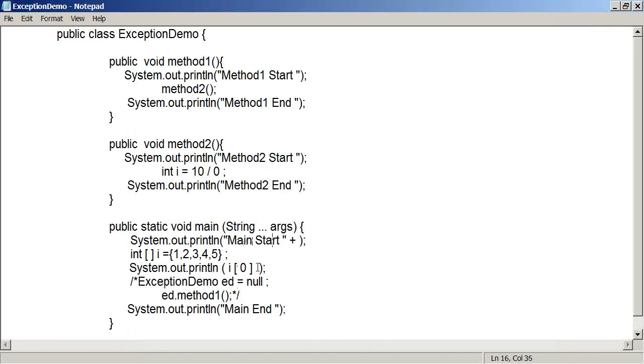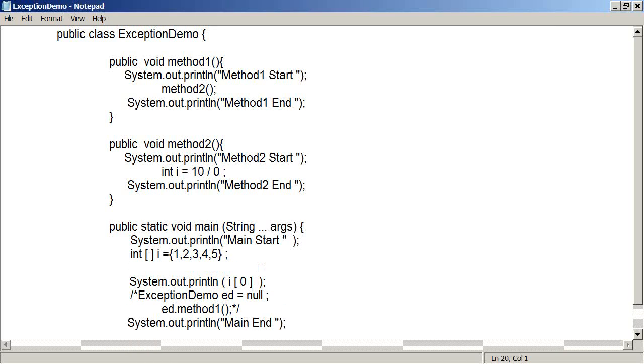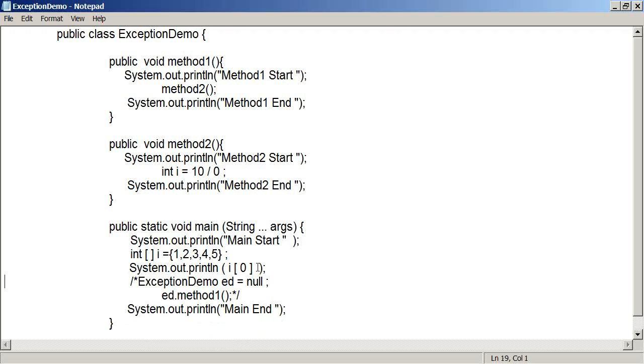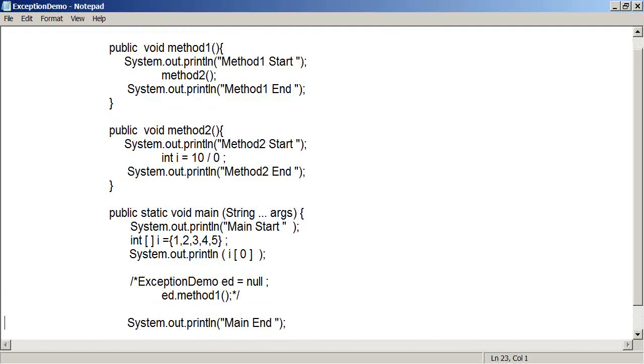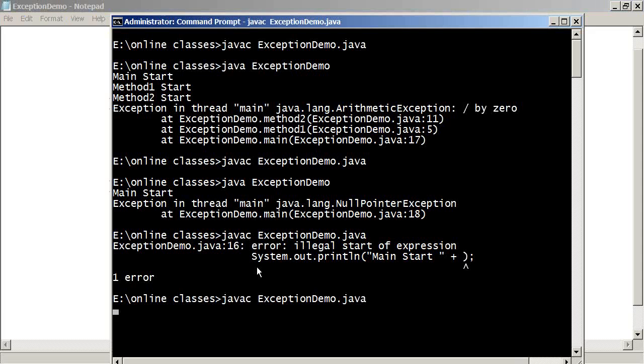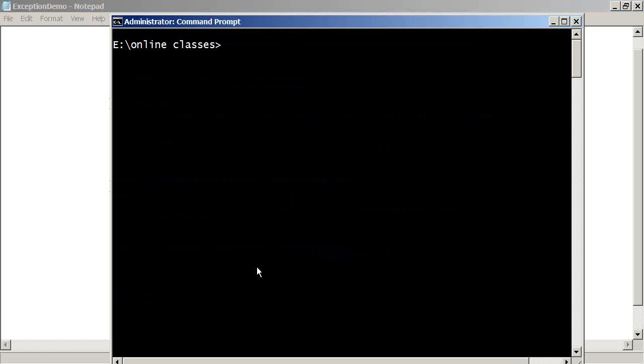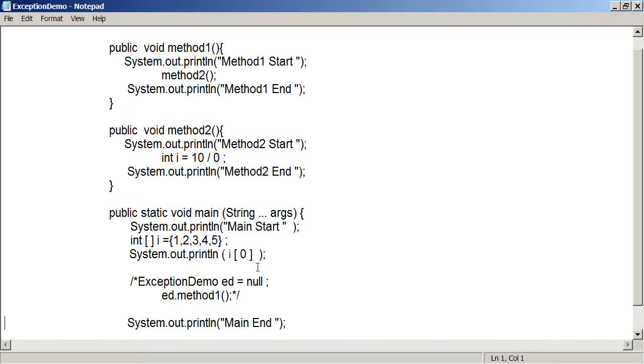Fine. So very simple, I just commented here. I have created the array, and the rest of the code I have commented. I'm just trying to access a value from the array. It compiled fine, so you are able to see the value and your program is terminated fine. But now